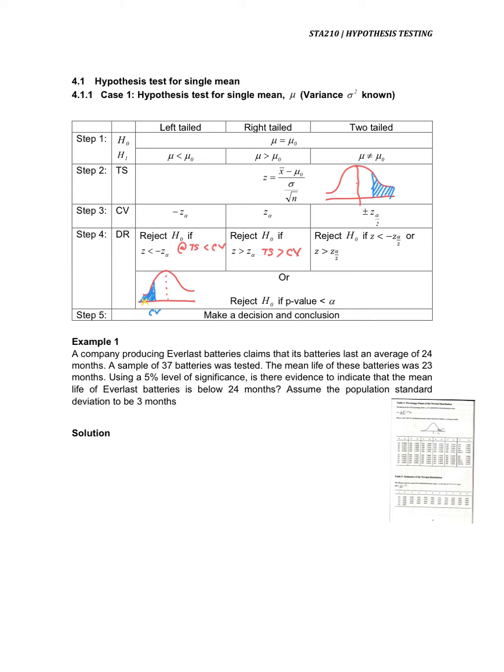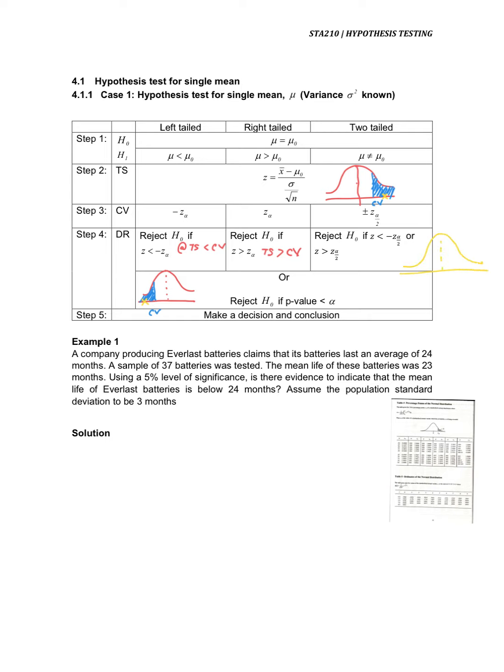Okay, so meaning that this is your critical value. This is our rejection region. We will reject our H0 if our test statistic falls in the rejection region. But for the two-tailed test, the region will be on both sides,